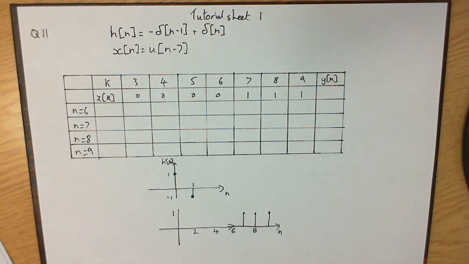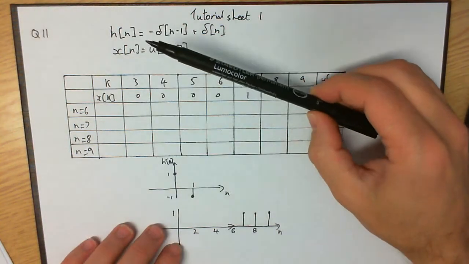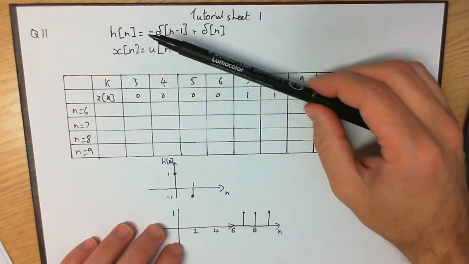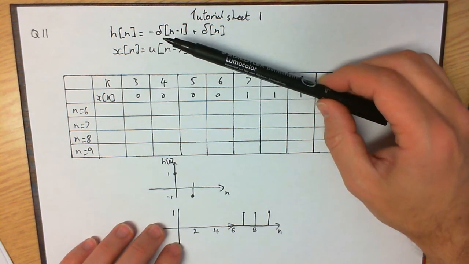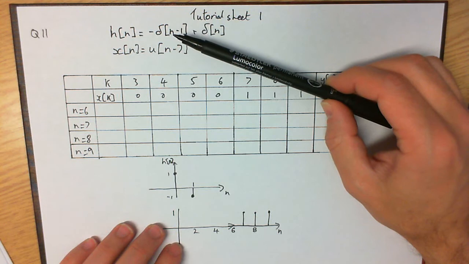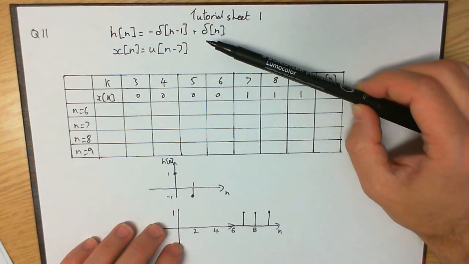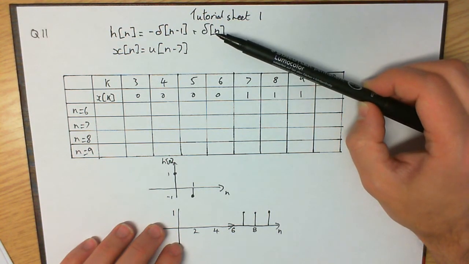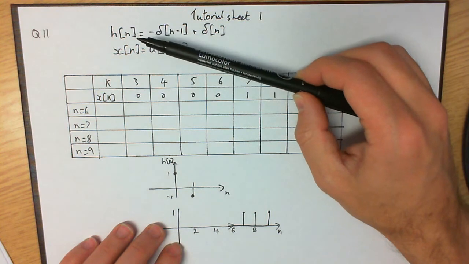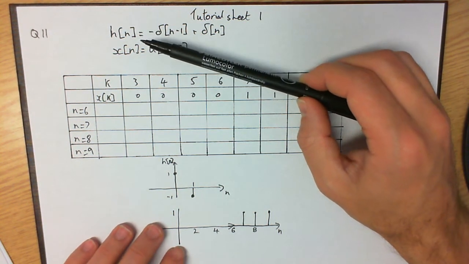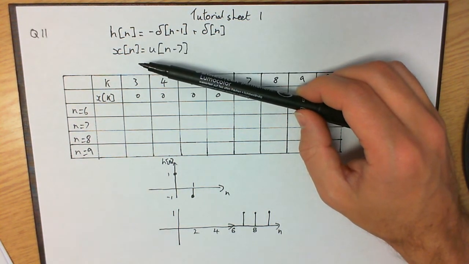Tutorial sheet 1, question 11. We're given two functions, h of n, which is equal to an impulse shifted from n to n minus 1, plus just the impulse function. And these, again, because of the square brackets, are discrete functions. And the question asks us